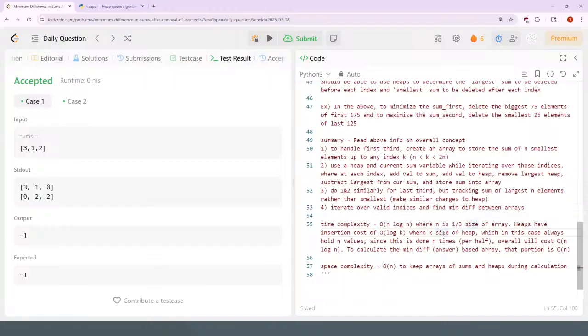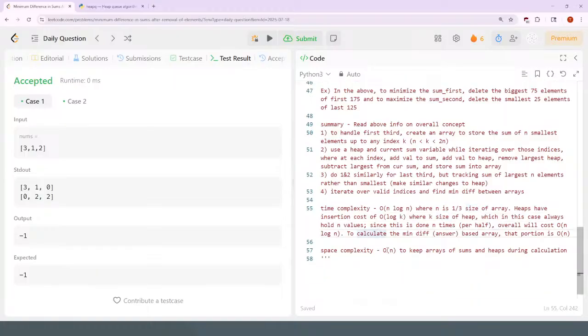So you're always adding on to the heap, which is always log 100. And then you have another 100 times doing that. Space complexity is O of n, where n is the size of the arrays that you're keeping track of the sums, or size of the heaps that you're keeping track of the smallest or